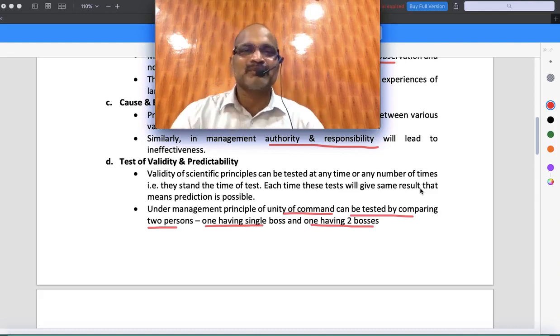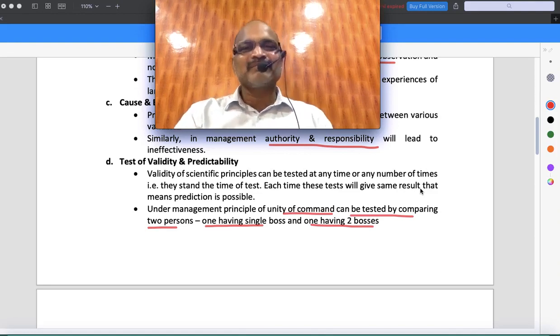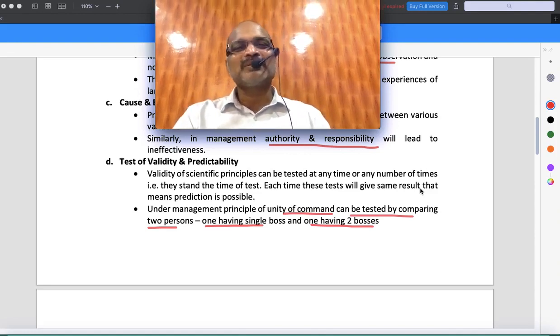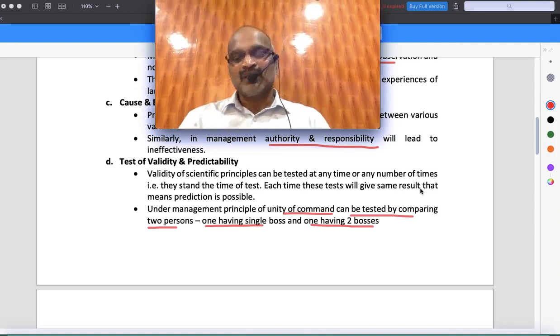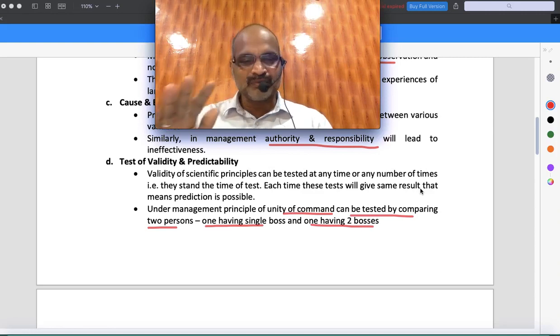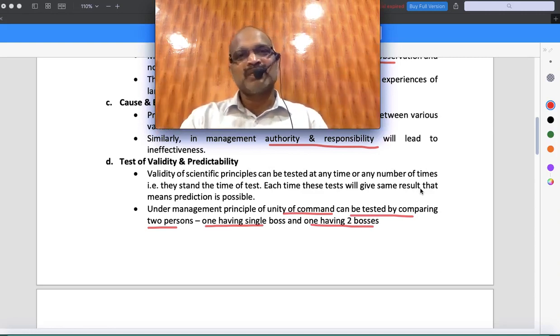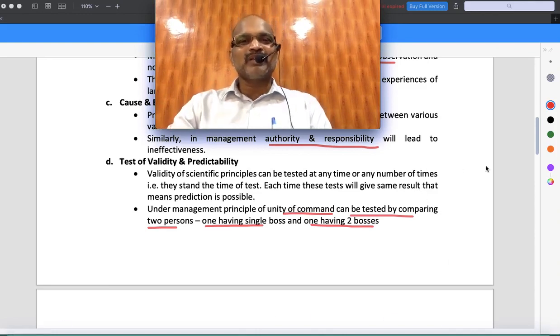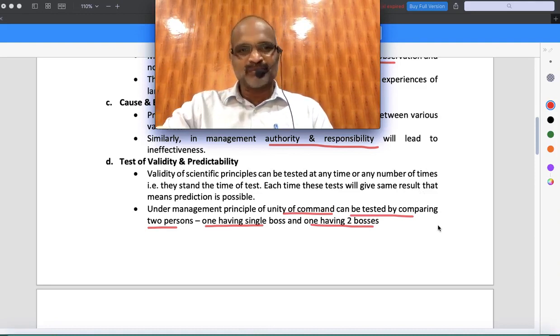If you are getting instructions from so many people, the PM is saying something, the CM is saying something, the MLA is saying something, the MP says something, obviously you will go mad and break your head, right? Instead, if a team has only one manager, if suppose 10 people as a team are reporting to one person, that is unity of command. If commands, instructions and orders are coming from one person, then definitely the company employee will be very happy. He knows very clearly. So multiple managers controlling multiple people creates a lot of problems.